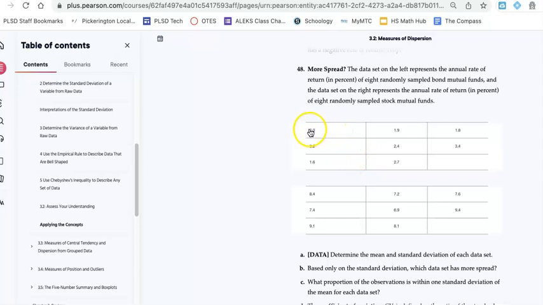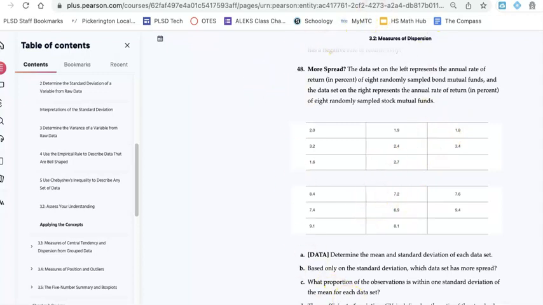So this first one is in that range. This is too big, this is too small. This is within the range. This is within the range. This is within the range. This is within the range. This is too big. So I had 1, 2, 3, 4, 5 of the data spots that were within 1